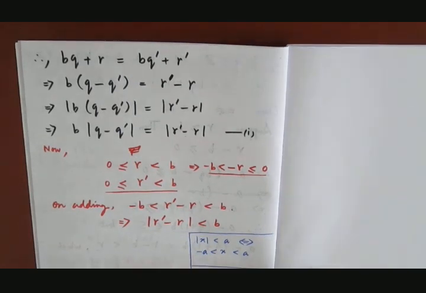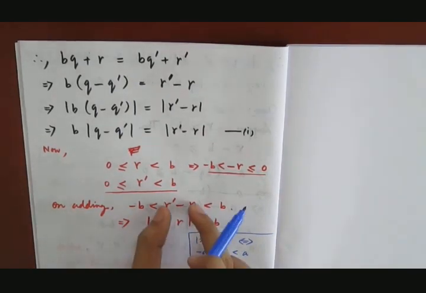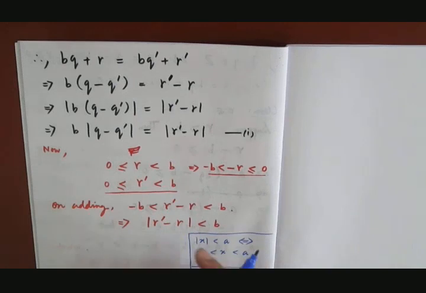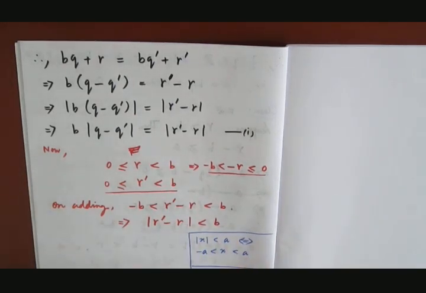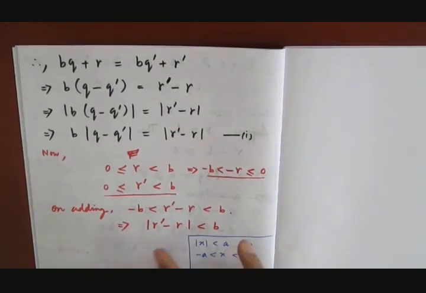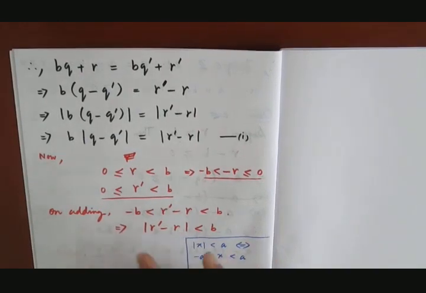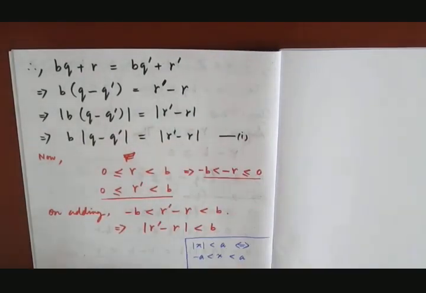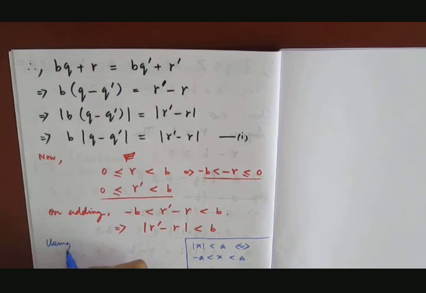Yes, sir. So consider this as x. So x is greater than minus b and less than b. So that means modulus of x is less than b. Clear till here? So just like this is less than b. So using this in 1,